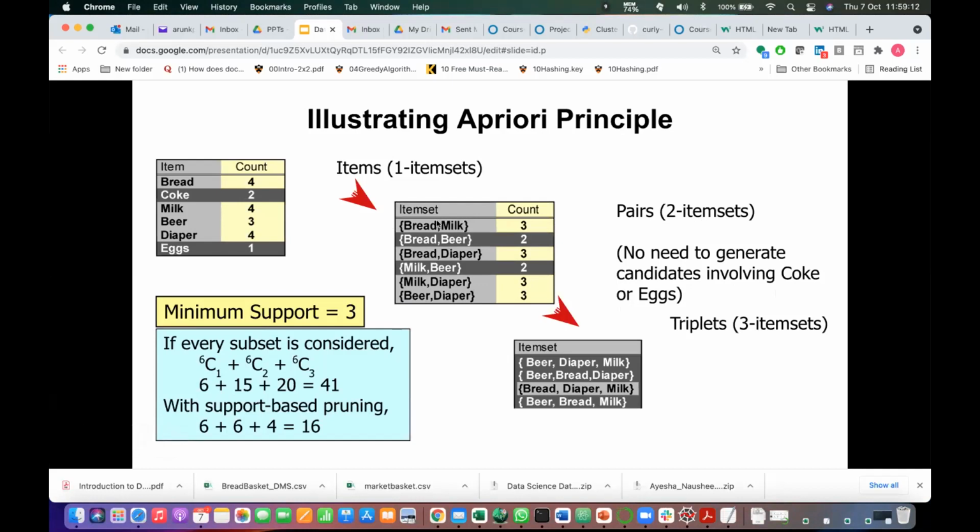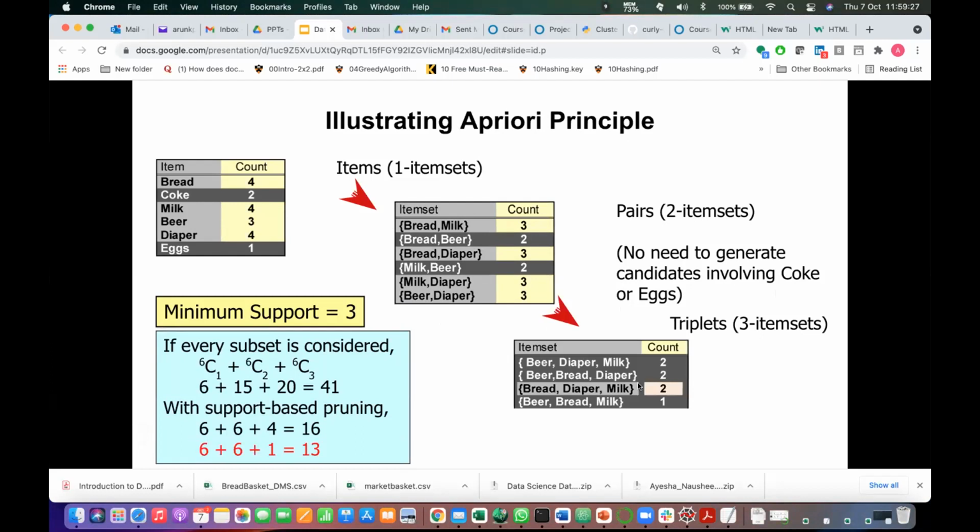So when you get the 2 item sets, what are becoming infrequent here? Milk and bread, beer, and beer, milk and beer are infrequent. Ignore them now to extend to the 3 item sets. Then here 3 item sets are given. When you find all 3 item sets, ignoring these infrequent things, how many have support? None. Nothing has support. Then you don't need to extend, right? You can also make 4 item sets, 5, but they will become infrequent anyway.